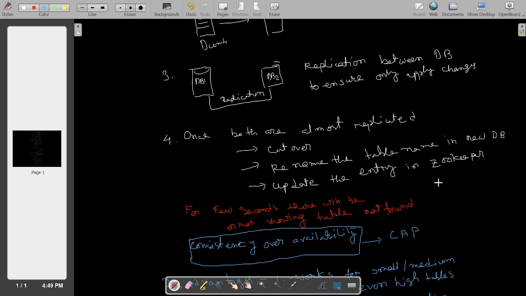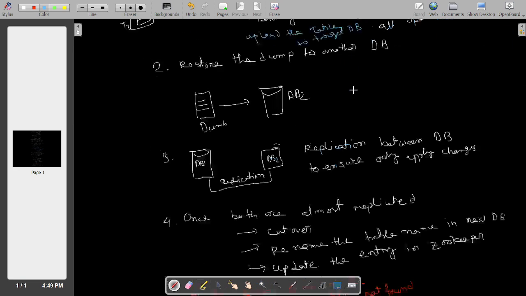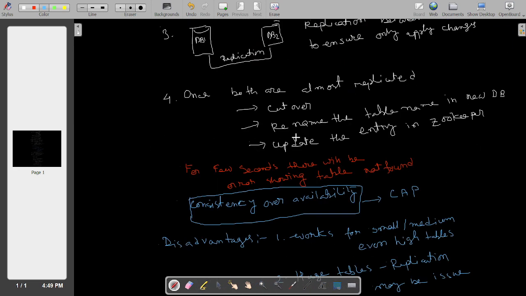Zookeeper will update your API server, saying T1 has moved to T2 and is renamed; the configuration gets updated. Now, if anything is required from the API servers from a T1 perspective, it will go to DB2. So, rename and update the entry in the zookeeper.